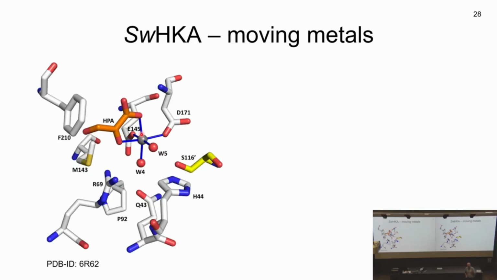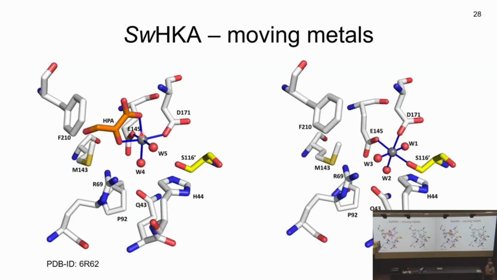And we then also looked at the structure again closely at a very high resolution in the absence of hydroxypyruvate. And what you then notice is that all of a sudden this serine of the other side chain is coordinated, while the rest of the structure didn't change. So the metal must have moved from here to there. So we've got 2 acidic residues that coordinate the metal. And then when there's no hydroxypyruvate as bidentate ligand, that metal shifts over here and there's a serine there coordinating it.